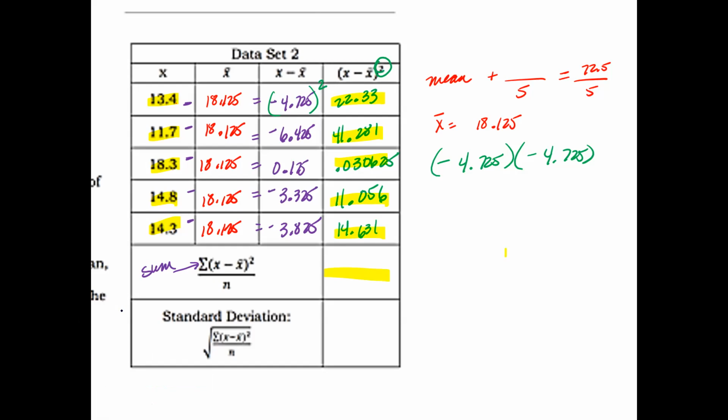So 22.33 plus 41.281 plus 0.030625 plus 11.056 plus 14.631, which is going to give you a total of